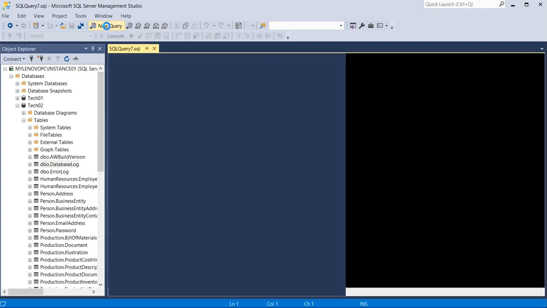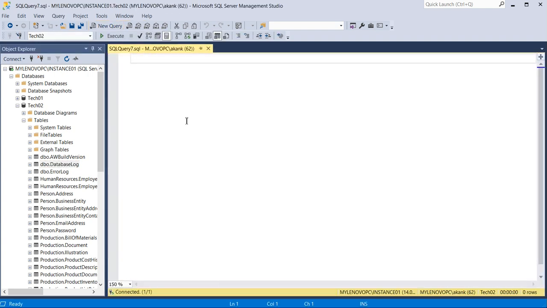So how will we do it? We'll go to New Query, and here we type SELECT * INTO, then give the database name tech02, schema dbo, and the new table name, database log old.